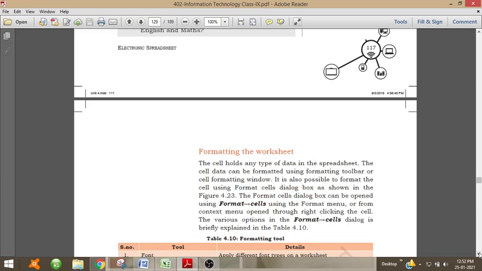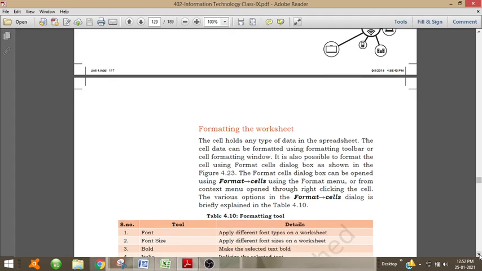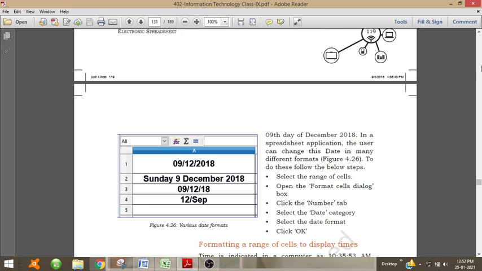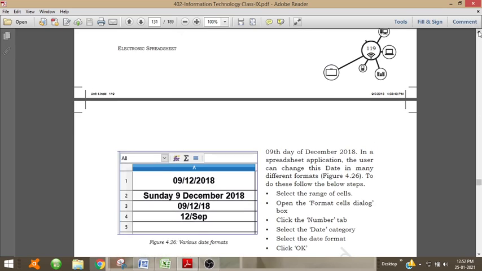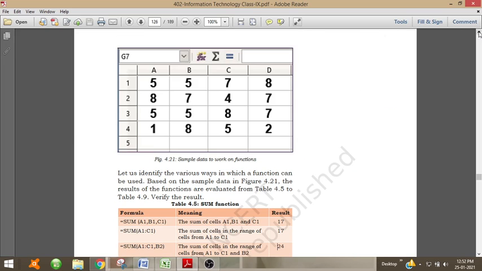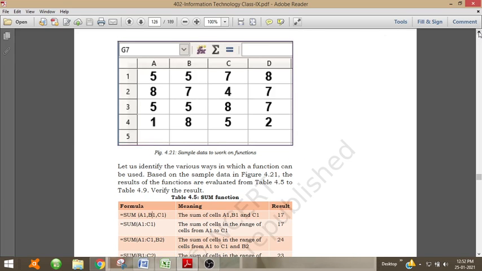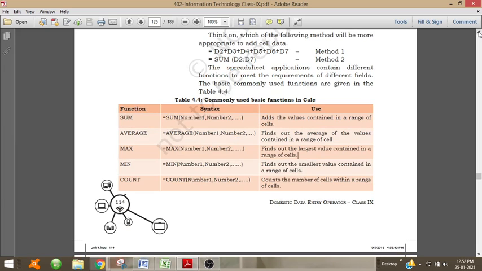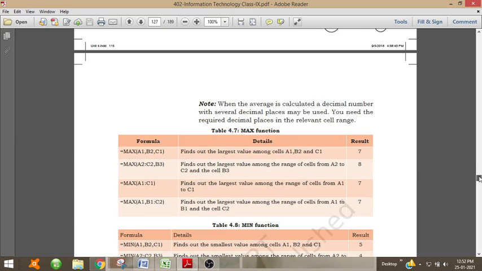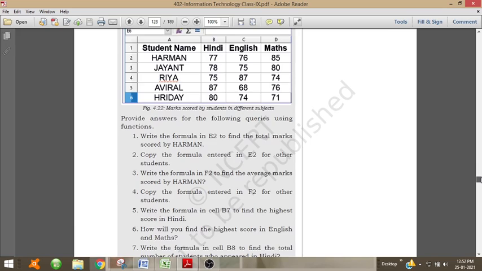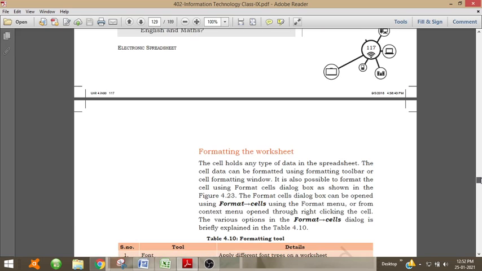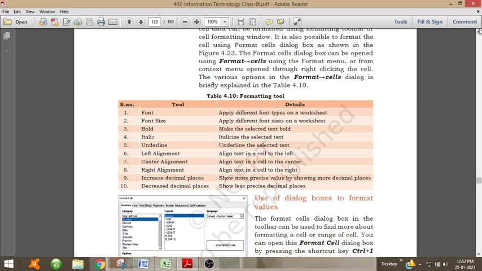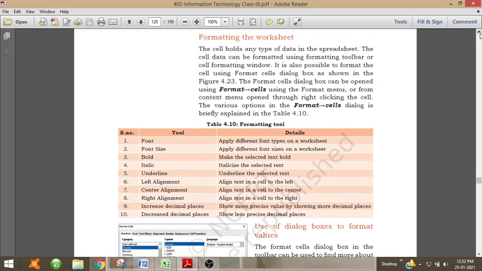Next is formatting the worksheet. Now the cells hold any type of data in the spreadsheet.